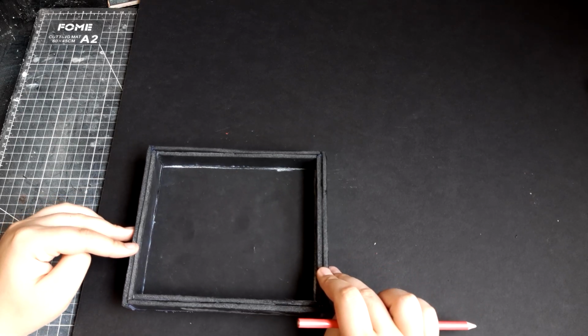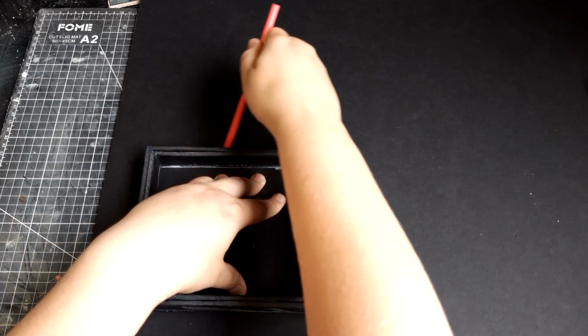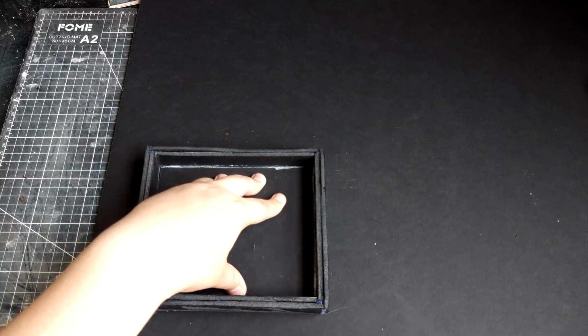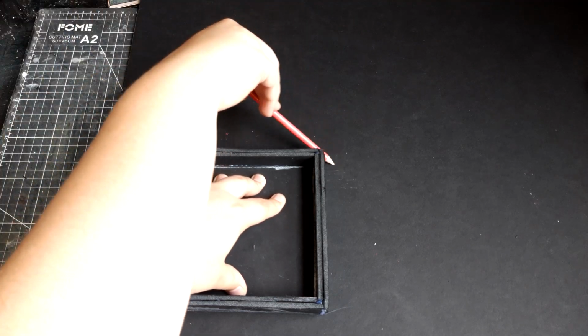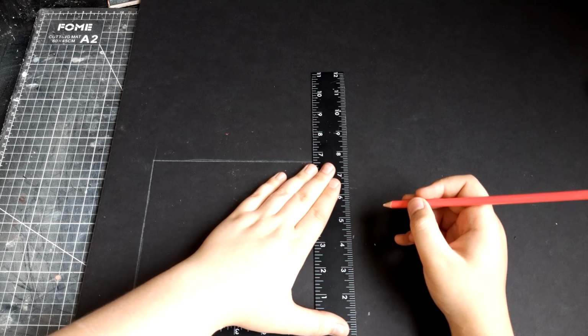Hello, welcome back. So today we're building the dice rolling tray that will sit up on the wall of the Colosseum for our table. The dice tray itself, I did not get any footage of me creating because I was